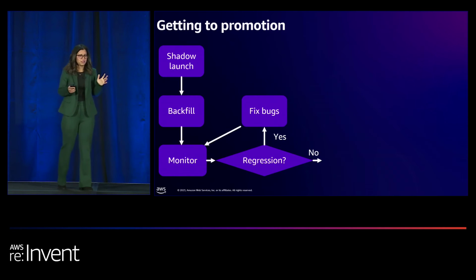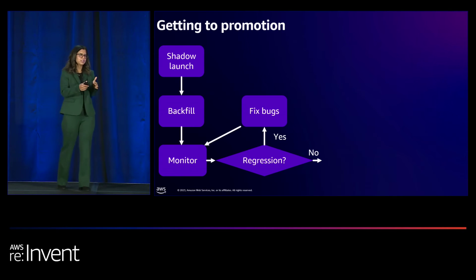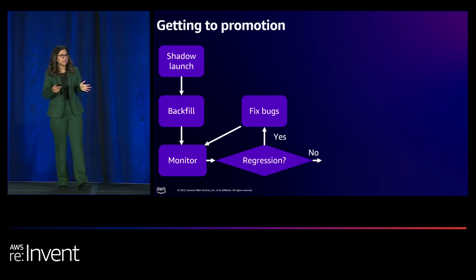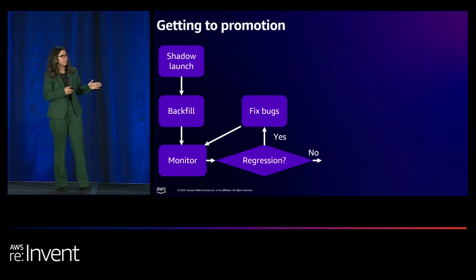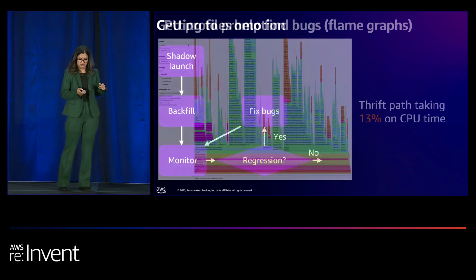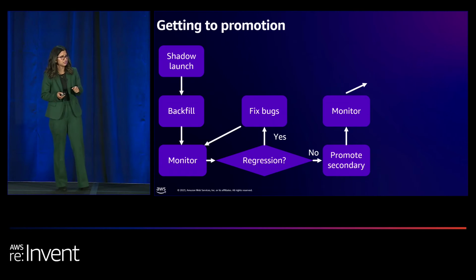So what is the entire cycle to get to the promotion? Basically, we start with a shadow launch. We shadow our reads and writes. Then we backfill the data, and then we monitor its performance. If there are issues, we try to fix them, and we fix and monitor until we see no issues. Once we are confident, we